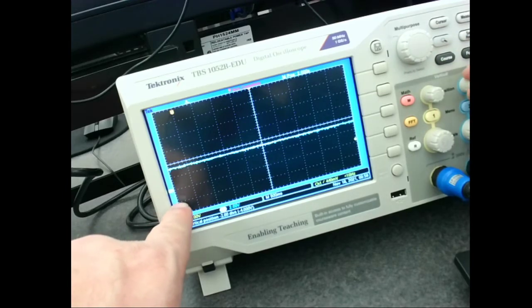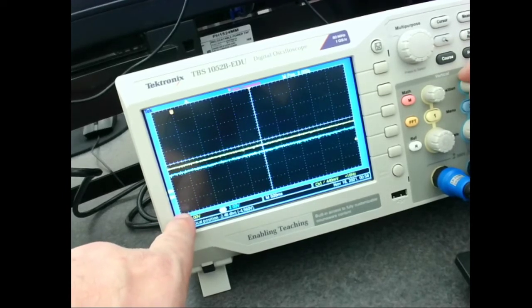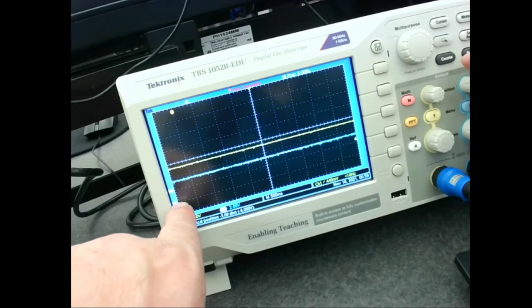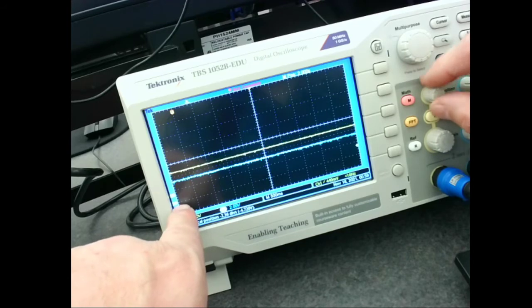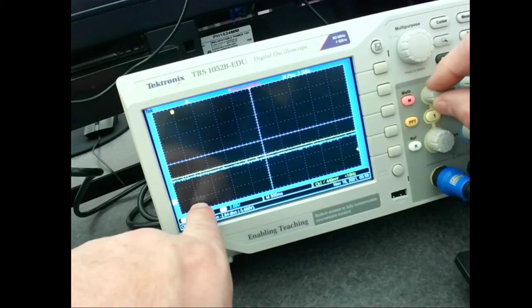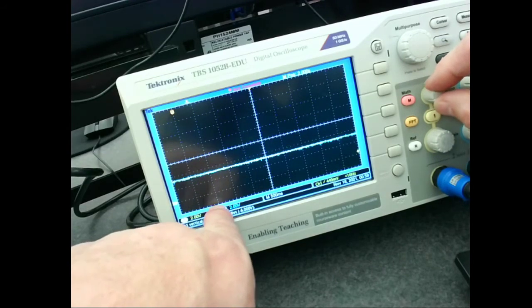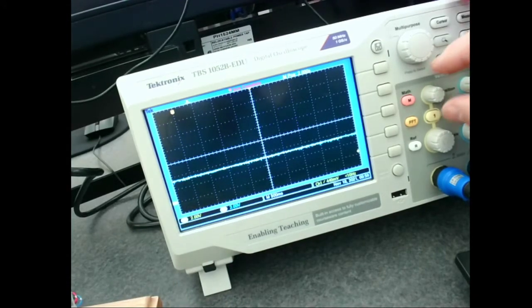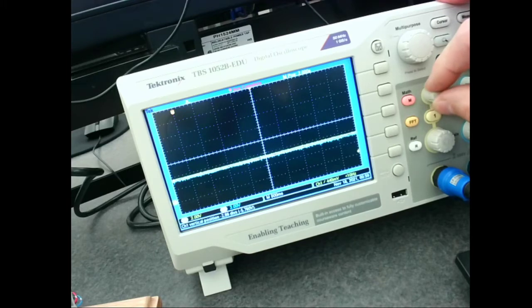And then we set that for the other one. What we usually want to do if you're doing a step response is get it at the very first dotted grid line above the bottom. You never want anything right on the very bottom, because if it goes below that just a hair, you can't tell whether it went a lot or what. So you always want to be on a grid line. Okay, so we set those,